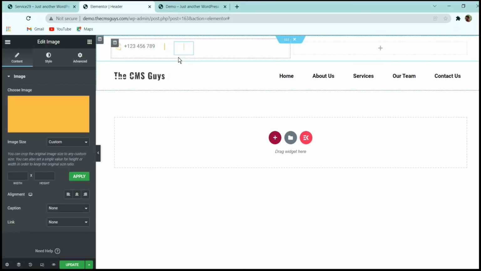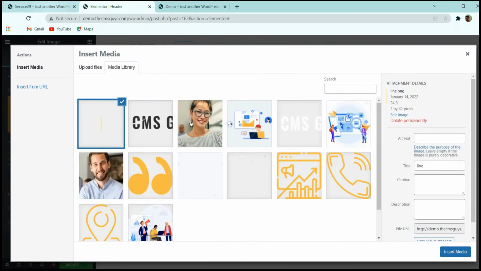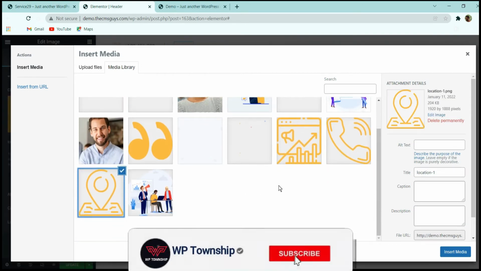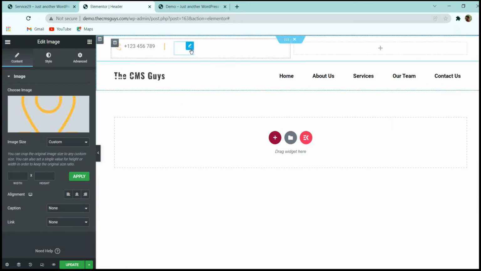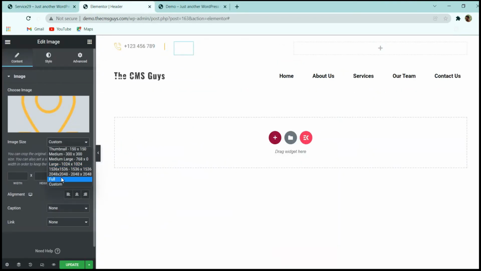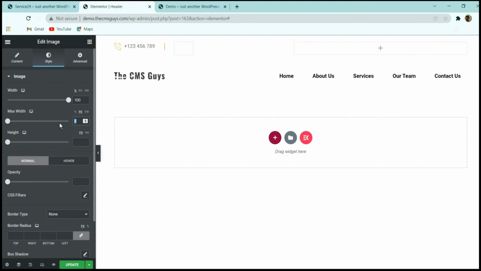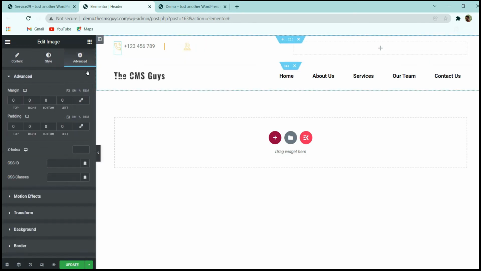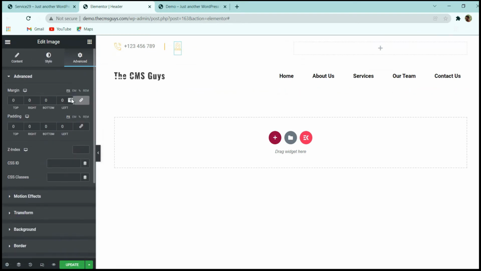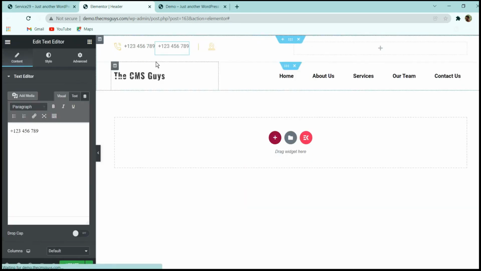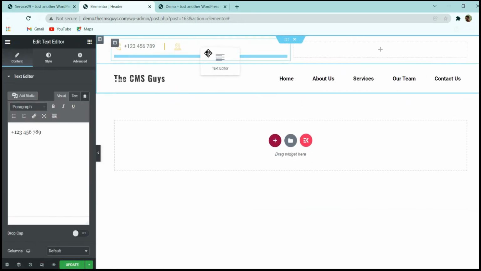In the same way, I can again duplicate it, and instead of this phone, I can use any icon. I don't have all the icons uploaded, that's why now I am using this icon. So now you can see this map icon will come over here. Let me set it as full, and then here again I will give it a 22, how we have given it to this one. And here we don't need any margin, that's why I have removed it. Now you can see we got that,